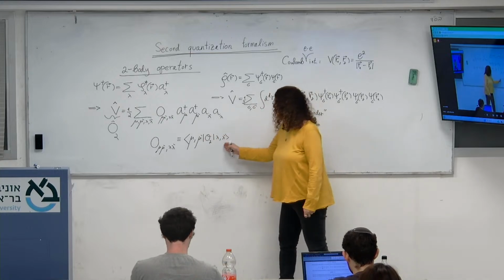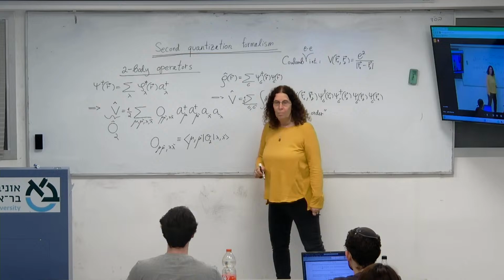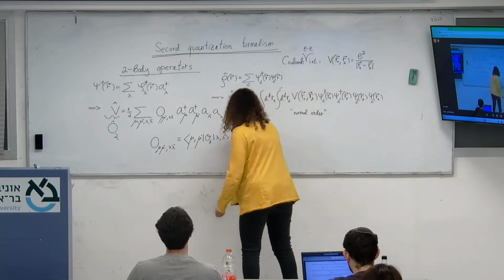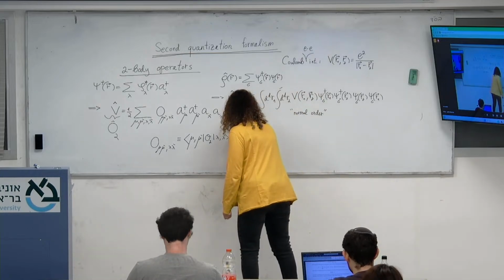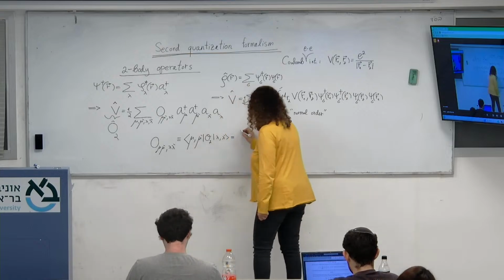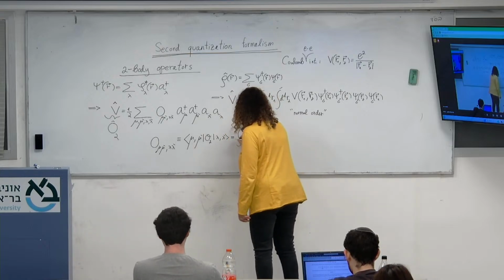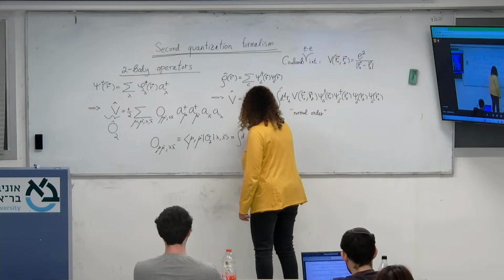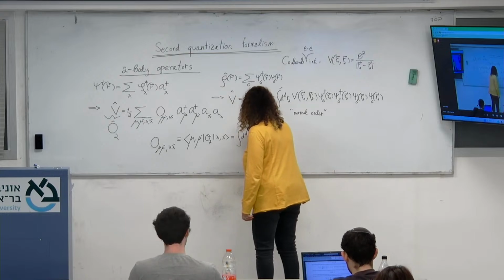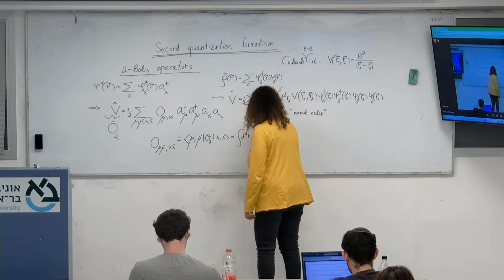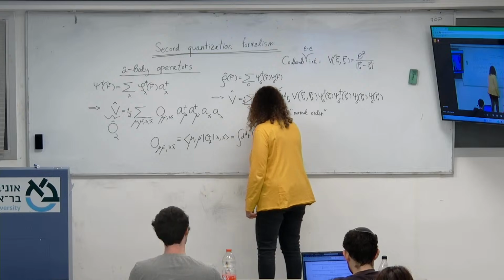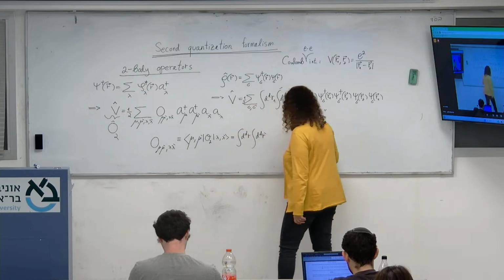Okay, lambda lambda prime and mu mu prime. And more explicitly, in terms of coordinates, you can write it as an integral over r and r prime of